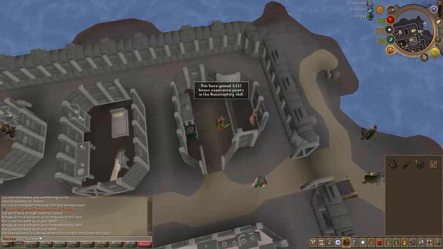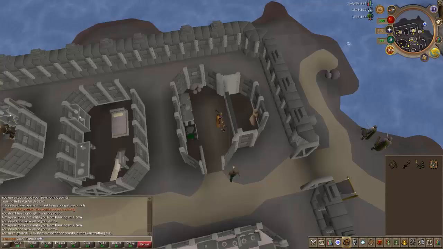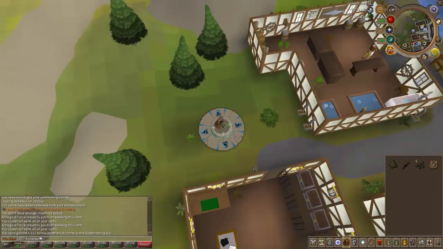Why don't we? Okay, so this is the first place I always start off. So you go to Catherby. So you teleport to Catherby. Woo, Catherby, yay, fun! Okay, so once you get to Catherby,